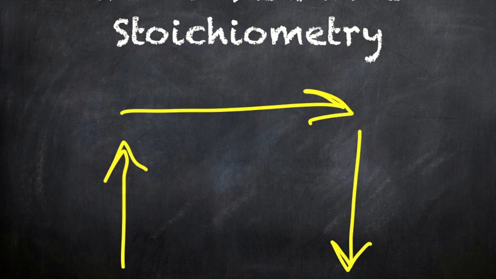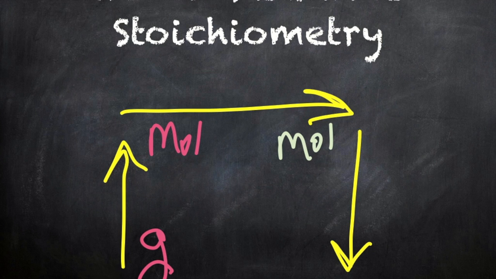So long story short, here's how I visualize stoichiometry. Here's the picture I have in my head. Many times, you start off with grams. If you have grams of your starting chemical, you have to convert it to moles. But sometimes they give you moles of your starting chemical, in which case you don't need to do this conversion, right? But you'll always have to do this next conversion, converting from moles of your starting compound